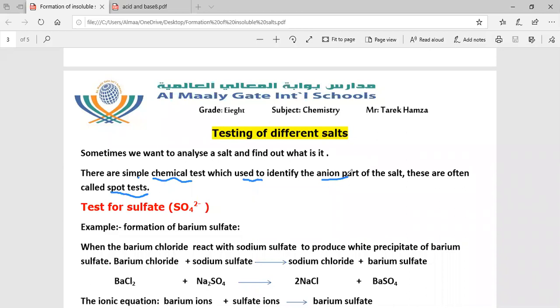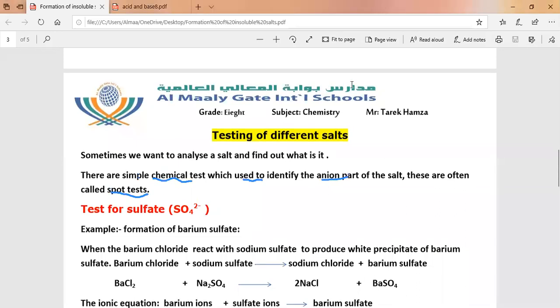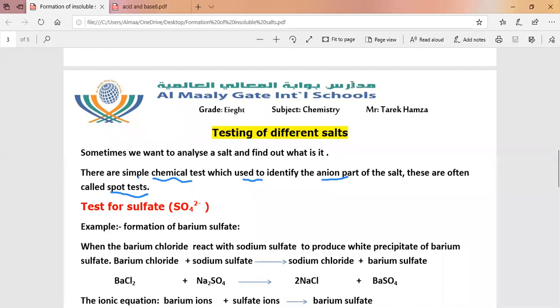Not cation or ion. Listen to me. I wanted to explain or identify the anion, not anion and ion. Ions. There is a space between N and I. We need here to identify the positive